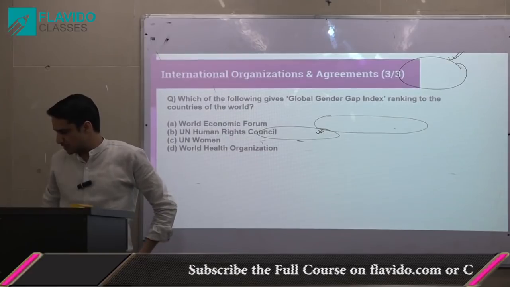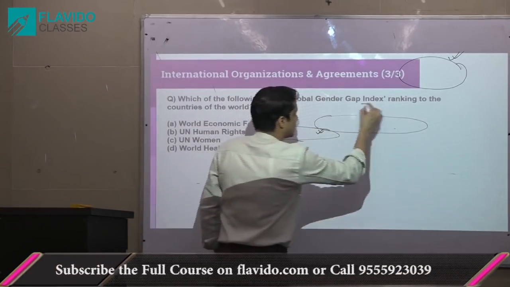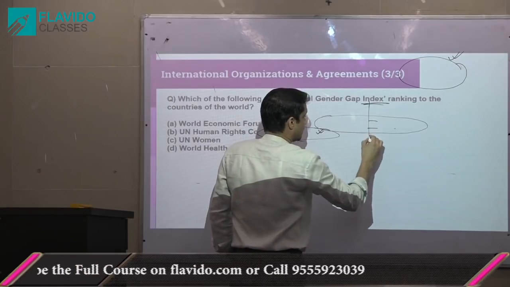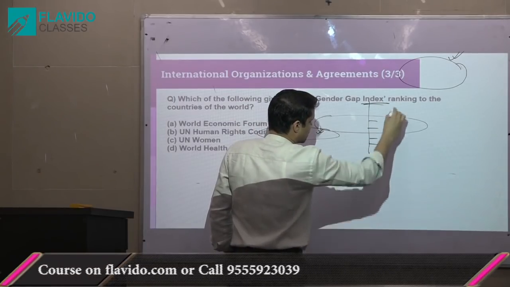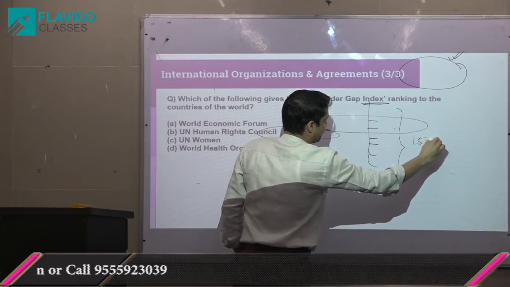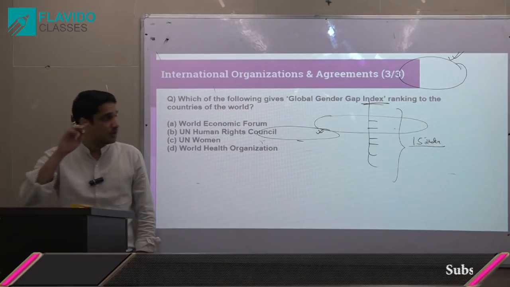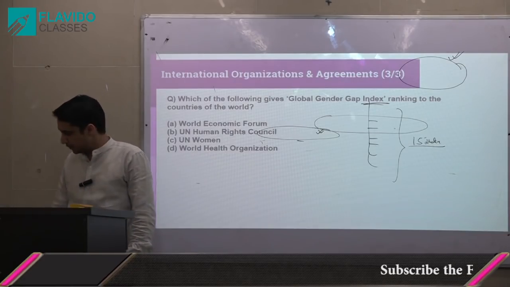Then the third question was related to the Global Gap Index. Every year UPSC asks a question from these indices. So we will give you a huge list and then we are going to cram this list in the class. Roughly, you have to cram only 15 indices. These 15 indices we are going to cover in the class holistically, and I'll ensure that you remember these indices in the exam.